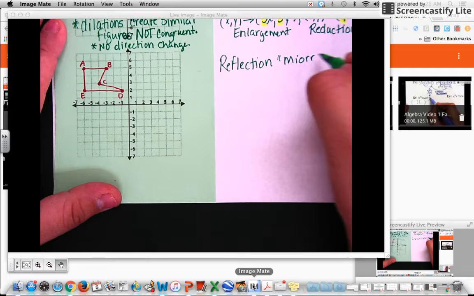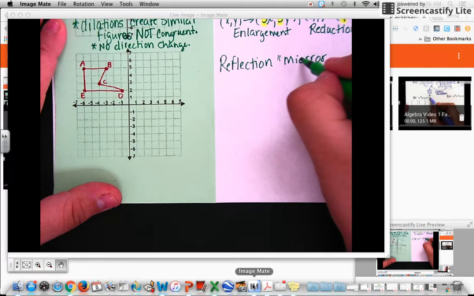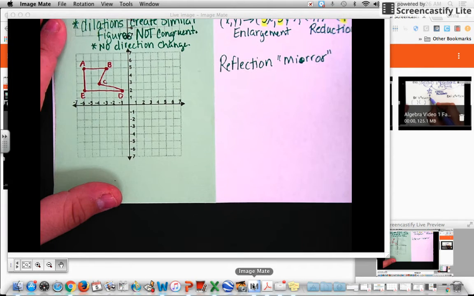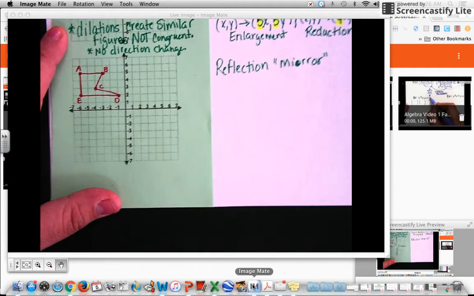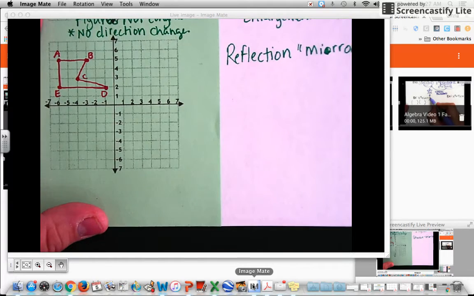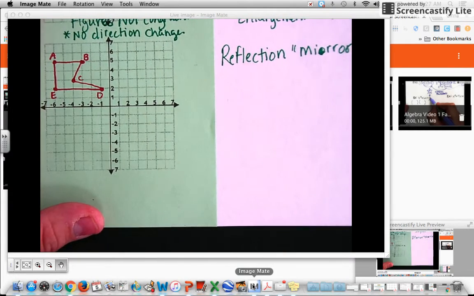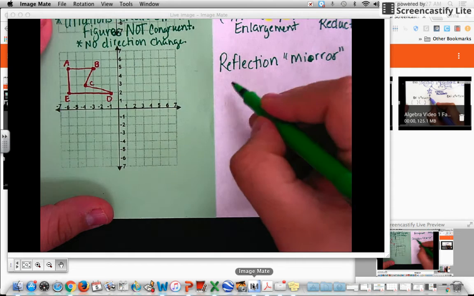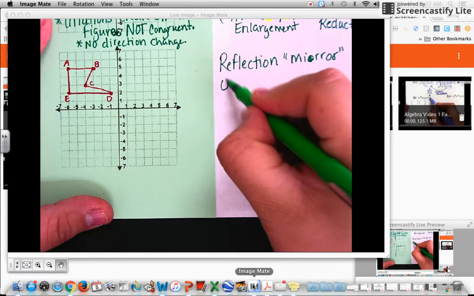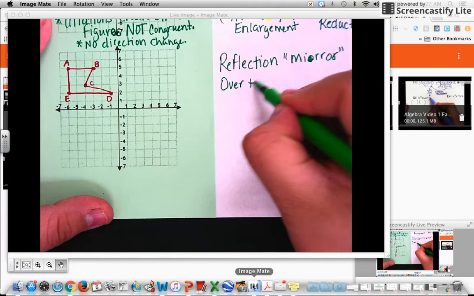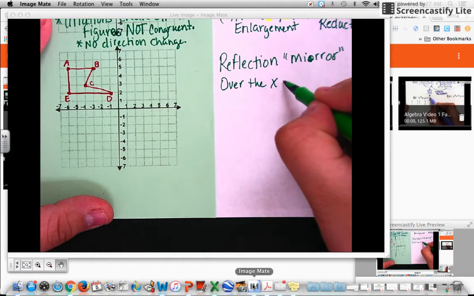I hope I spell it right. I know I did. Mirror image. So we do a reflection. Think of a mirror. All right. So if we think of a mirror and we're going to reflect there, in this case, we don't really have to think much about the algebraic rule because there's two rules. Either you're going to reflect over the x-axis,